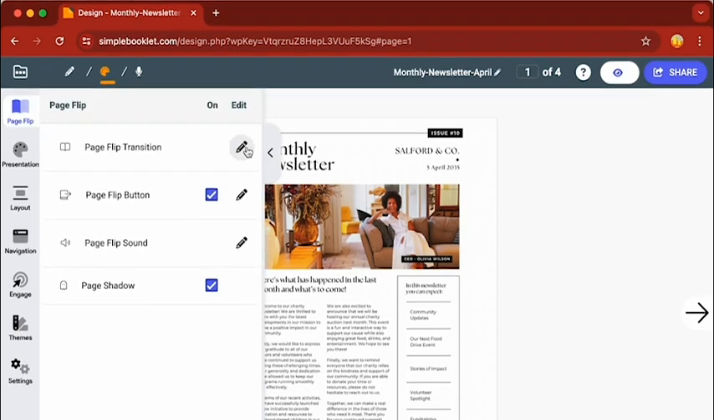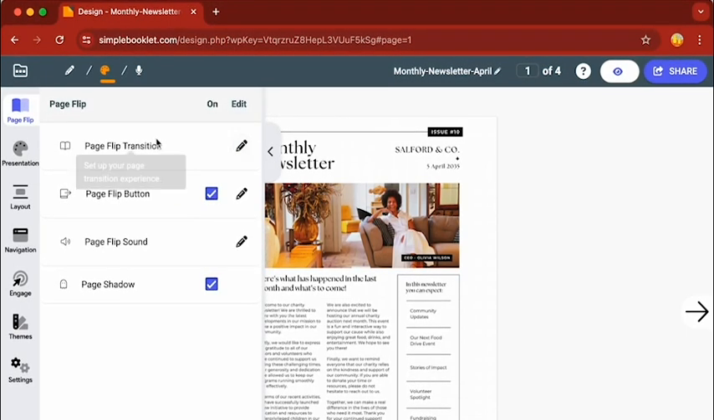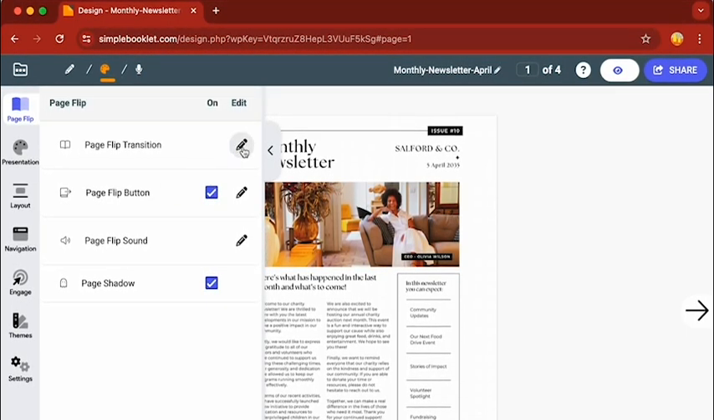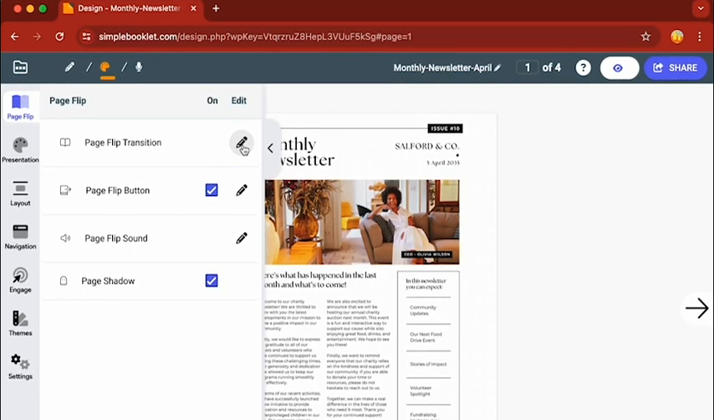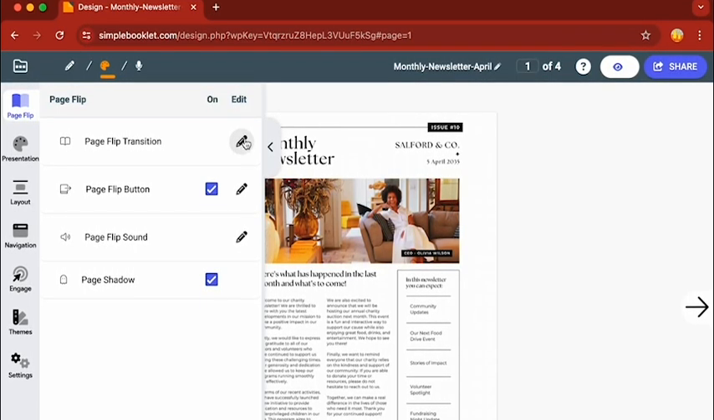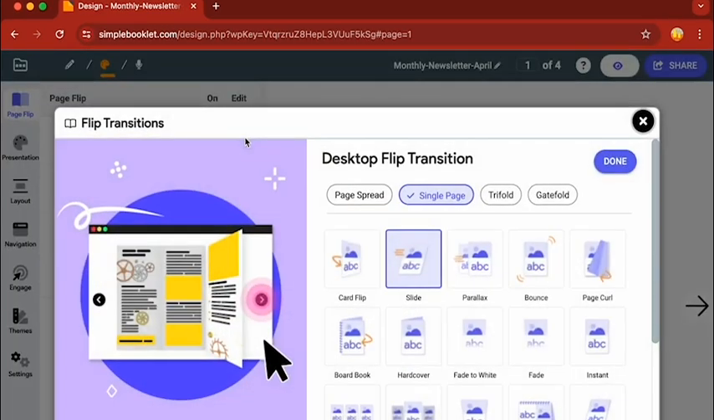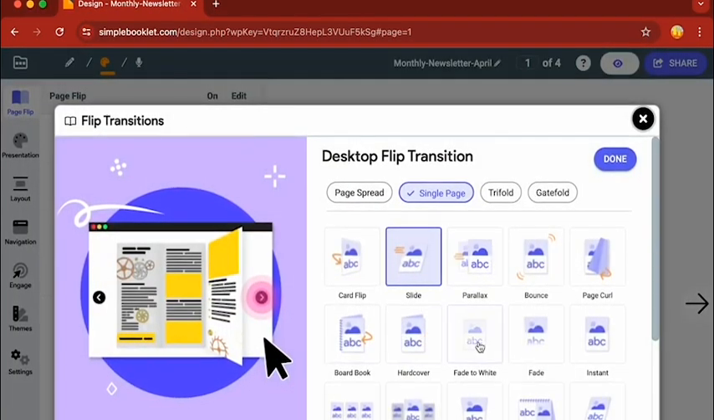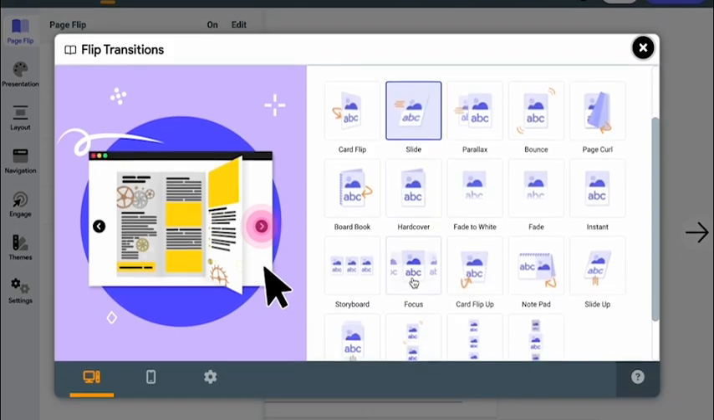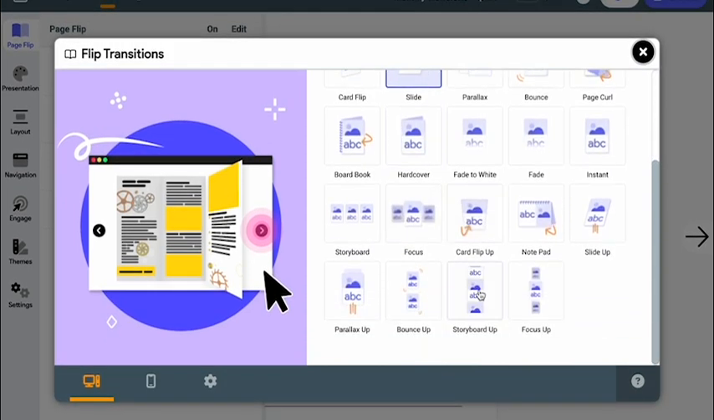And then you are going to go to Page Flip Transitions, which is the first item in the list here and has a little edit pencil icon. Click on that, and here we are. Here are your options. If you hover over each of these options, you will see the way the page flip